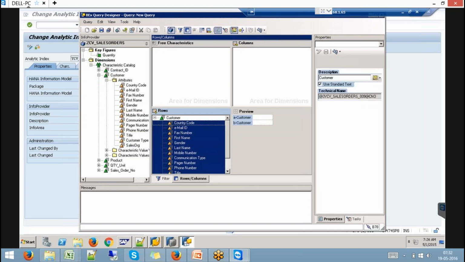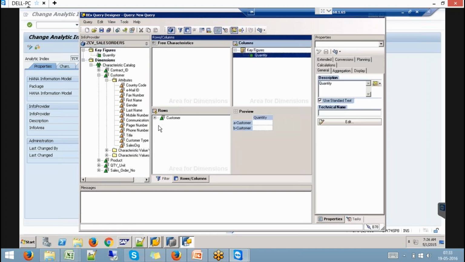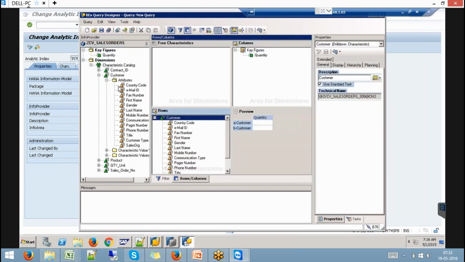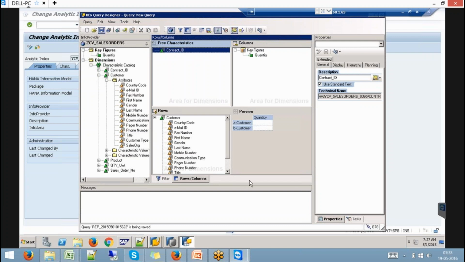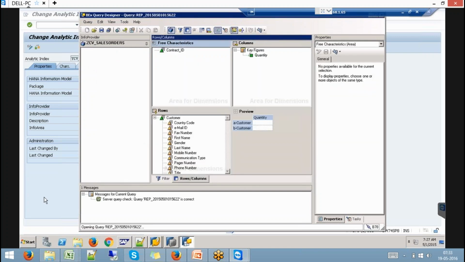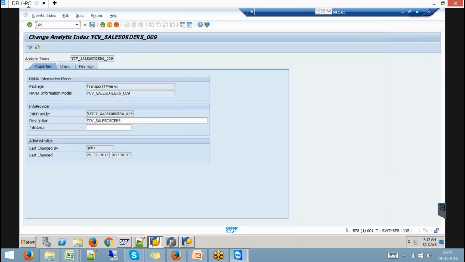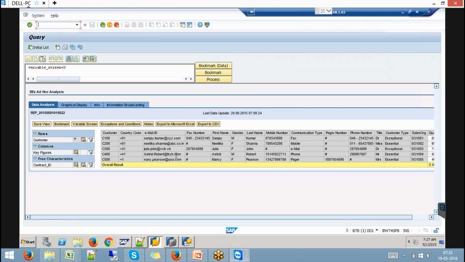So are these attributes coming as normal attributes or navigational attributes? They're coming as normal attributes. So when you say normal attributes, now I see these customer attributes.